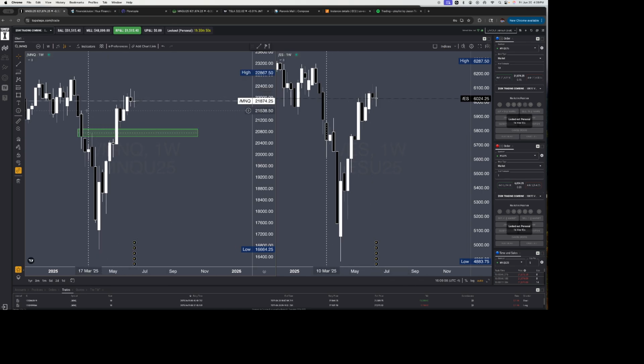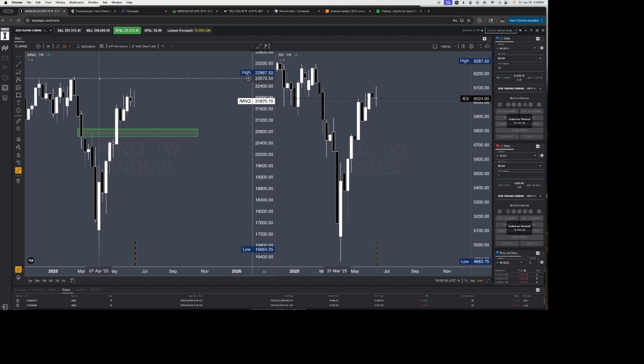All right. But that's a weekly thing. So I'm just, that's weekly. I'm not really looking to take a trade off this, but it's an area that I want to know about. So this would be where I would start my Sunday, just looking at this. Like, okay, fair value gap, inverse fair value gap, right here. We didn't take that high yet, so we did go up and take some internal liquidity there, and this would